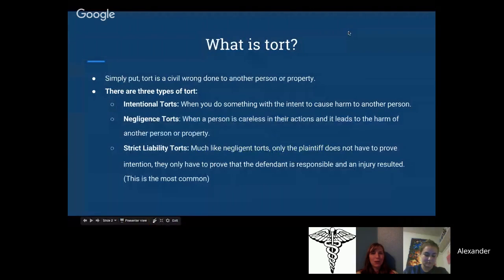So what is tort? To put it simply, tort is basically just a civil wrong, not a criminal wrong, done to another person or property. As I was researching, I found 3 types of tort. The first one is intentional tort, and that is when you do something specifically with the intent of,